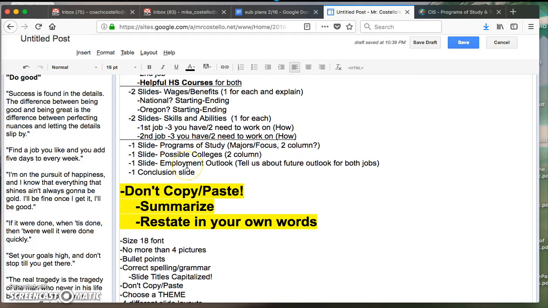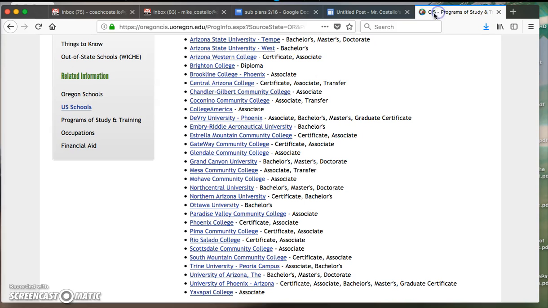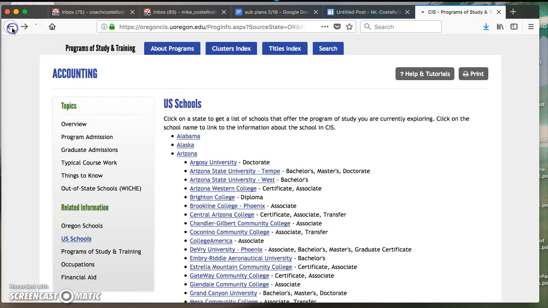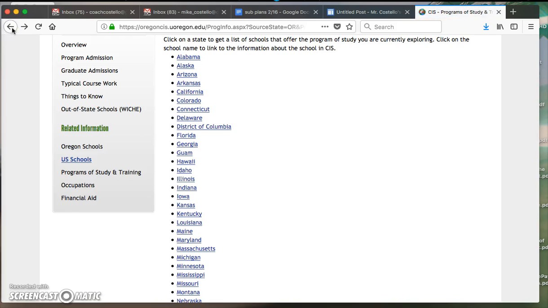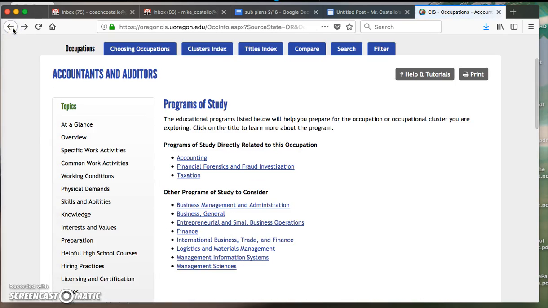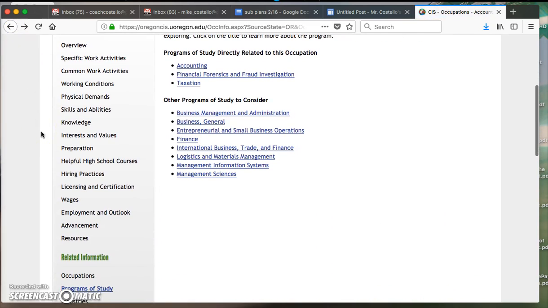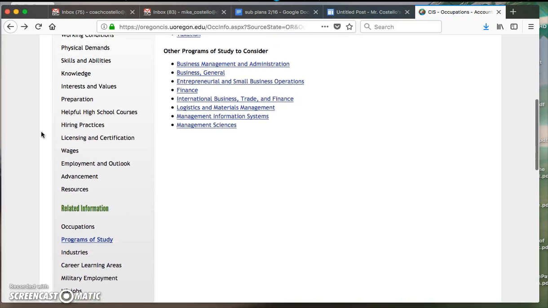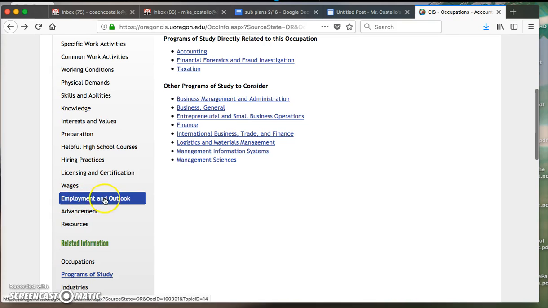Now for employment outlook, this is something that you actually have to look at. So I'm going to go back to my job, and I'm going to go to employment and outlook.